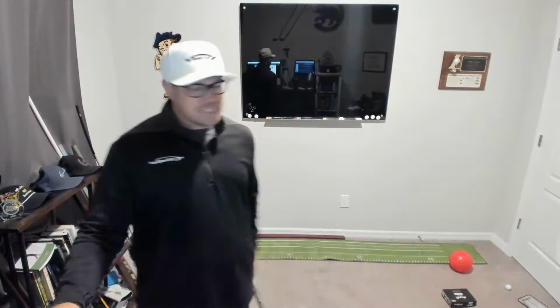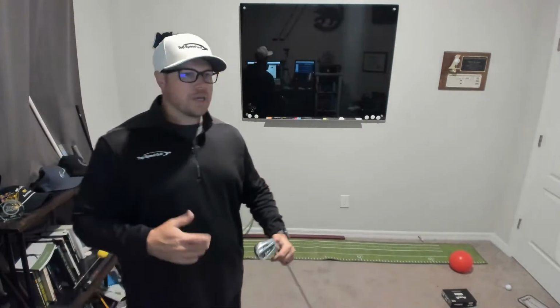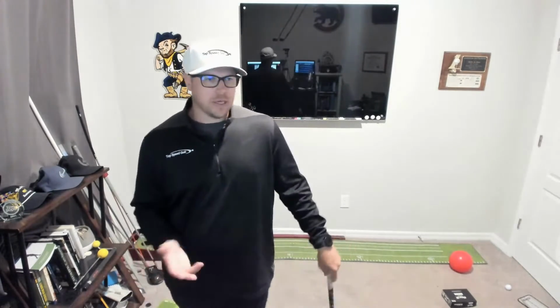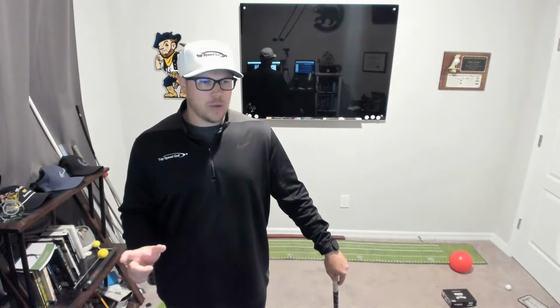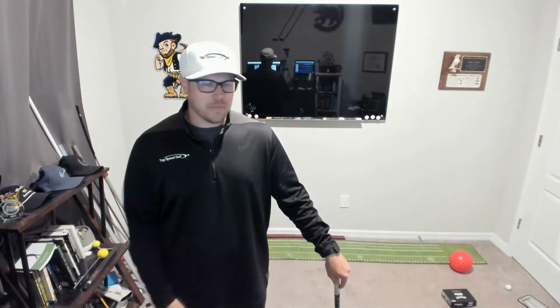There are some people that shallow out their irons really well, and then for some reason they come down really steep with the driver. A lot of times the reason is that with the driver, the ball position is more forward, or we're just trying to hit the driver harder, so we swing more upper body, and that can make us come down steep. So that's what I would be looking at. If you struggle with shallowing with the driver, work through the course with your driver. The same thing applies.